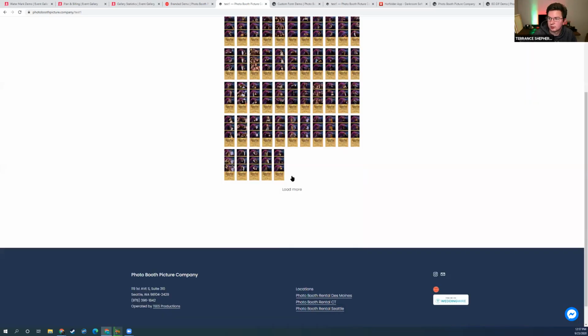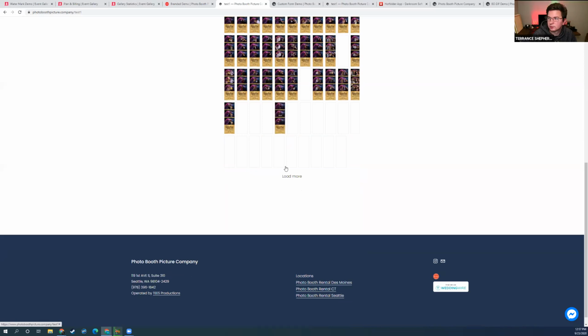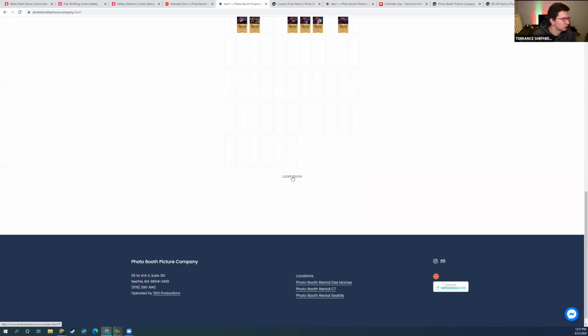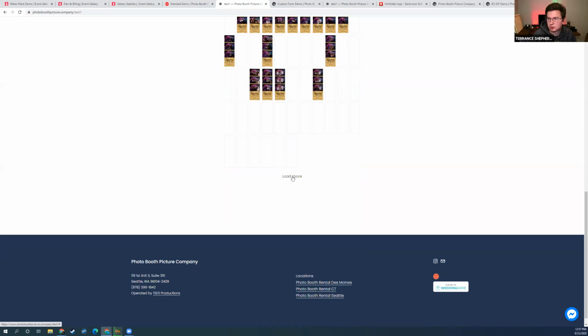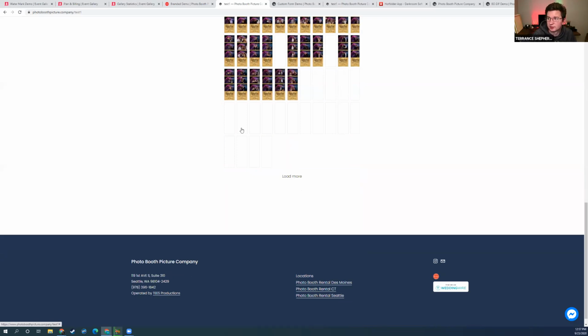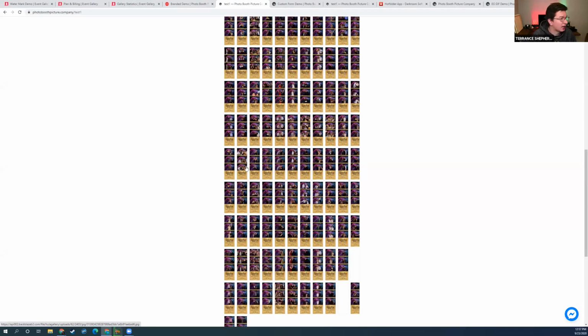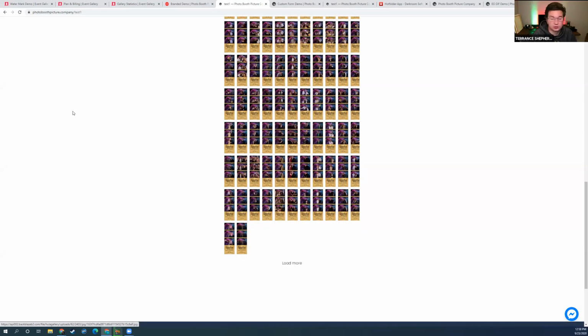load them. So if you don't want to use Event Gallery directly or send your clients to it, but you want to keep them on your website, you can just keep loading more and more. We had a lot of strips for this event, so it takes a while to get to the 4x6s, but you can just keep going as you want. There are settings for how many you want to load at a time. I have it set to 20. The default is 3. You can change the width, the height, different aspects of the